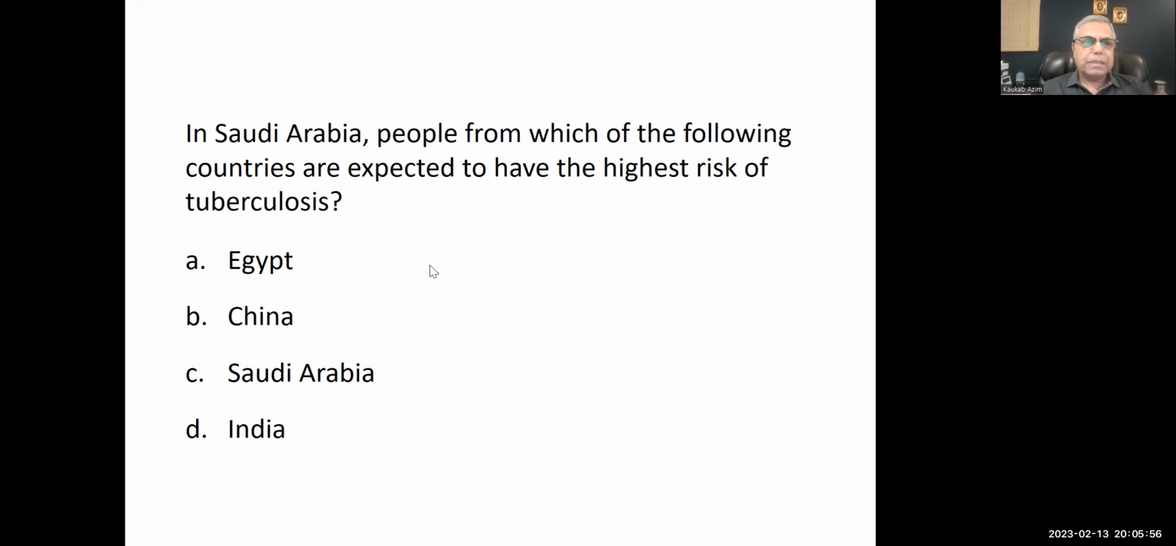So the question is that in Saudi Arabia, people from which of the following countries are expected to have the highest risk of tuberculosis? So what do you think? Which country? Egypt, China, Saudi Arabia, or India? And maybe I have an answer, which is from India. Yes, that is correct. From India, maybe there are other countries as well, but the highest incidence is from India,